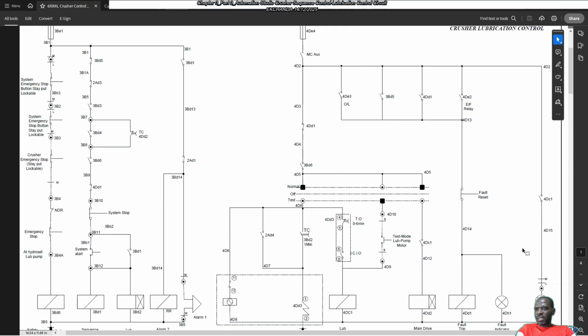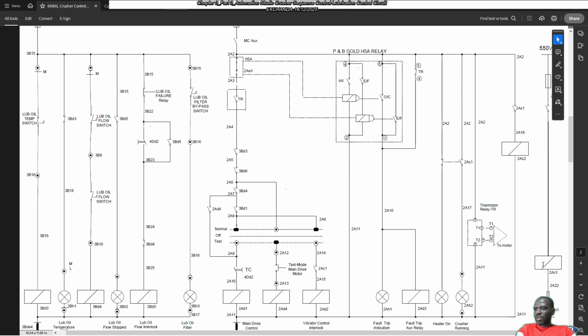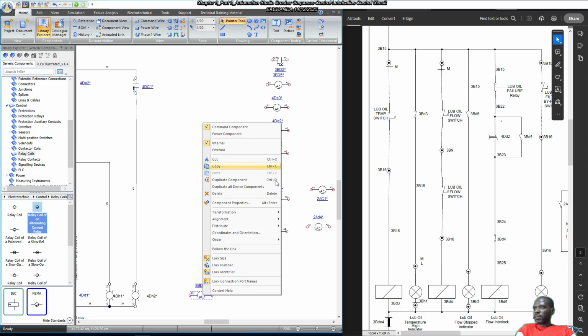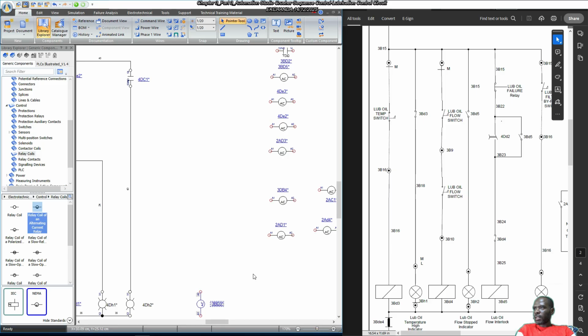Okay, because I know this is the extreme end of this, but the next page also has some components to do with the lubrication. 3BD3 as a control relay was created. Okay, so 3BD3 is this one here. So transformation, rotate left. So this is our 3BD3. I don't know if I can maybe just zoom in a little bit more. So this is our 3BD3. So our 3BD3